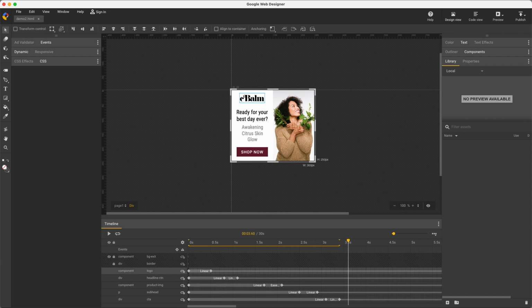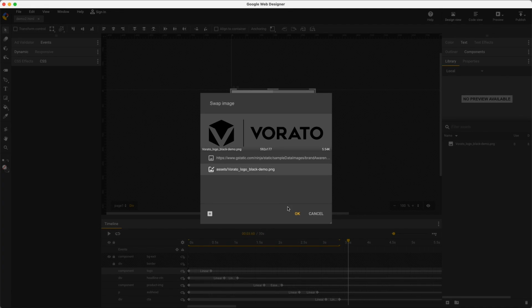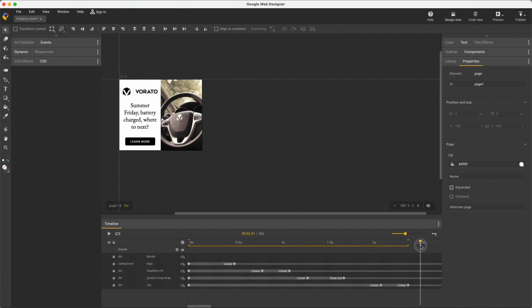For example, I can use GWD to see how my logo looks when placed in ACS. It's a little small, but that can't be changed in ACS. While in GWD, it's easy. Here's an updated file with several design adjustments.